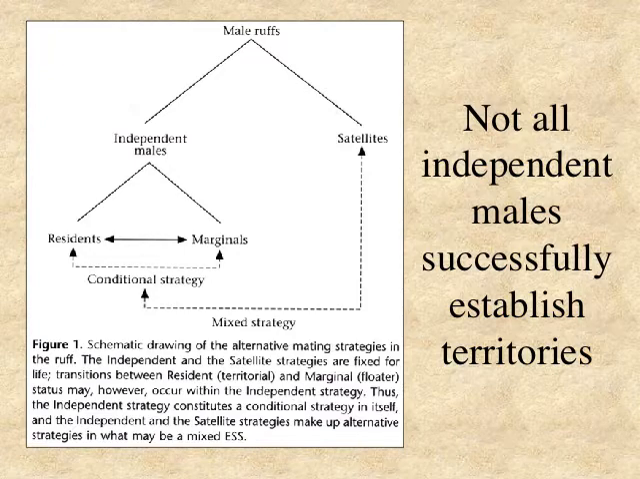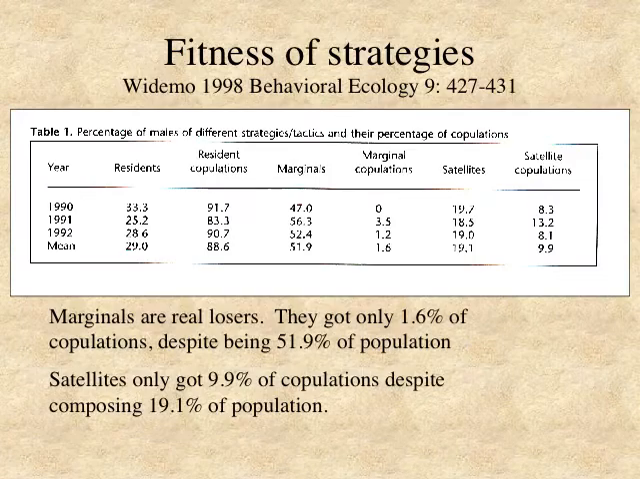It's sort of like a three-part mating system, but really it's a hybrid between a genetic ESS with alternate strategies, independents versus satellites, and then some of those independents are successful and become residents, and some of them are not successful and become marginals, and that difference is a conditional strategy based on fighting success at the lek, at the display area. So the question is,